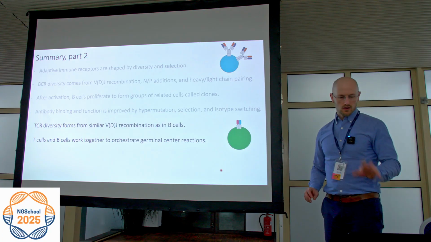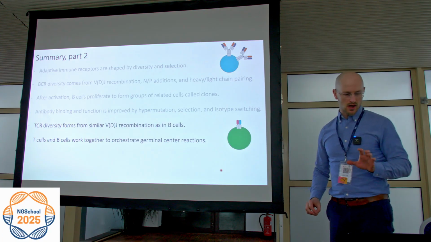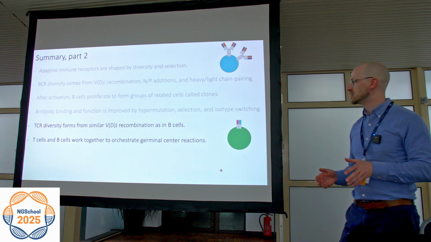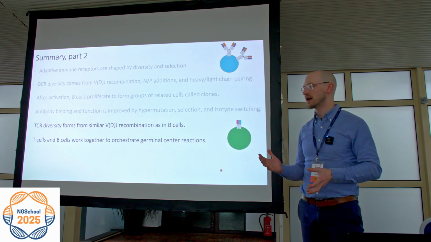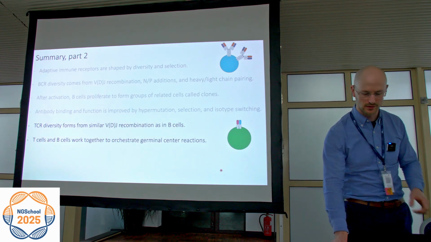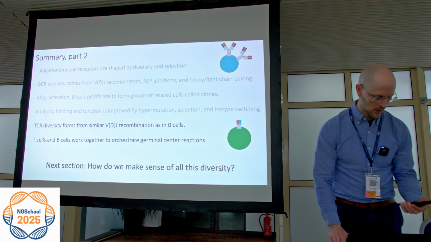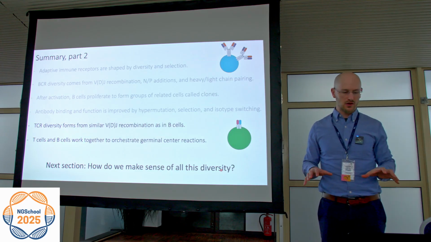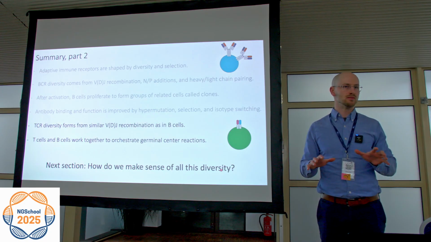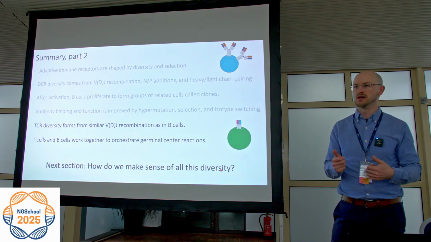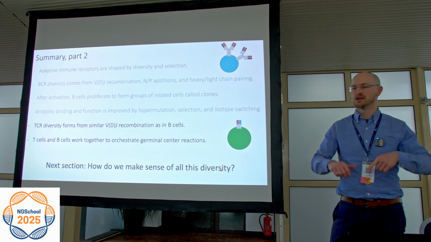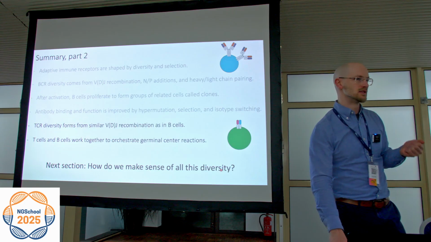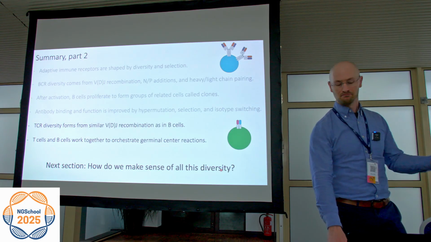Okay. So to summarize part 2 of this, TCR diversity forms from similar VDJ recombination as in B cells, and T and B cells work together to orchestrate germinal center reactions. So the next section is focused on the question of how exactly do we make sense of all of this diversity of TCRs and BCRs and use that to understand how the immune system is changing in people or